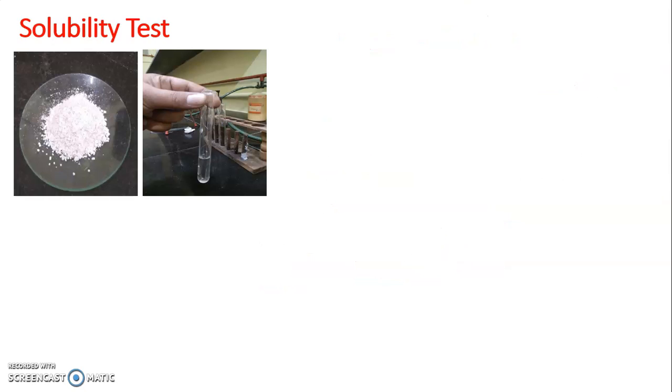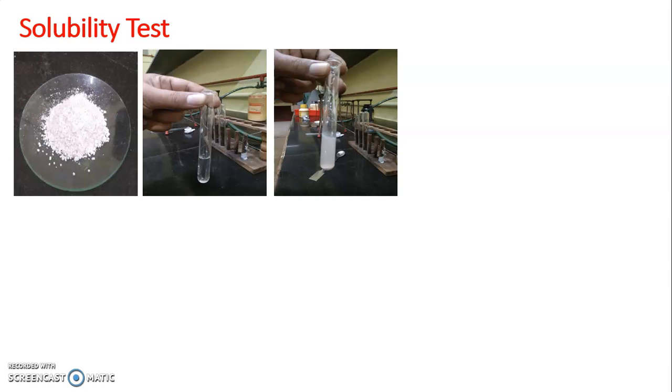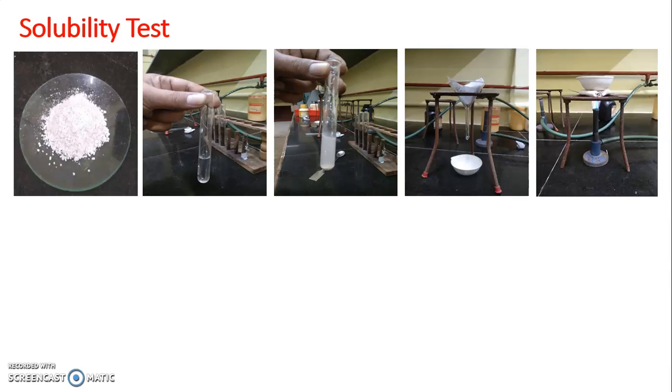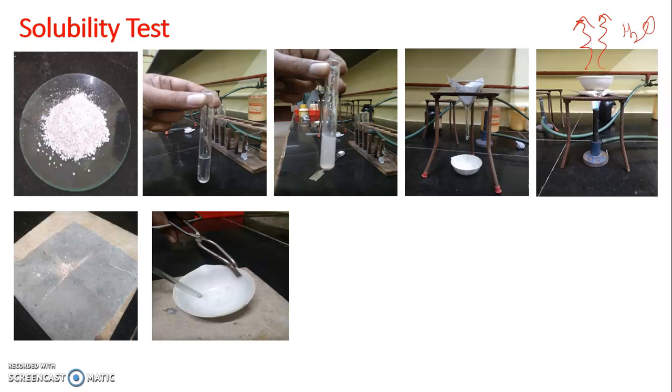We will have the mixture. We will take a test tube having 2 cubic centimeter of water. We will add a little amount of mixture, that is 0.2 gram. We will shake it. We will do filtration. The filtrate obtained we have to evaporate. Water will evaporate, and we have to evaporate that water completely.